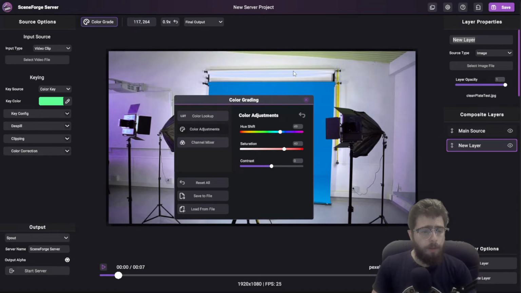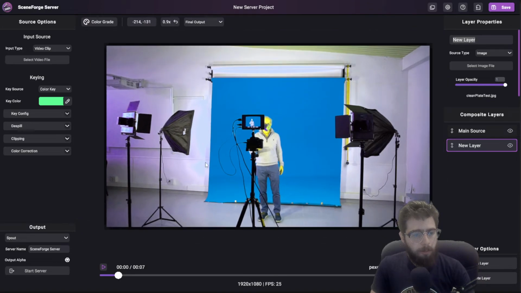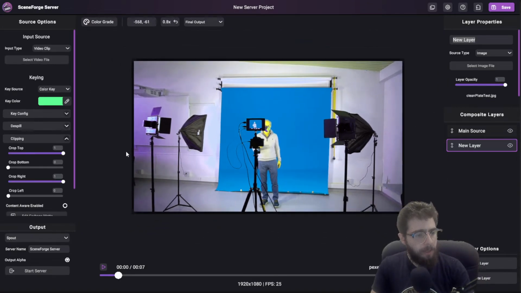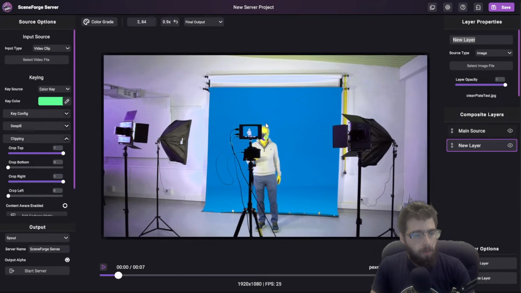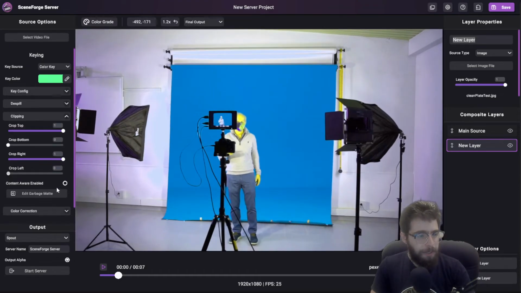There are a couple other improvements to this new version, just some small bug fixes for the background. The most notable ones is that the garbage matte system has been improved to be a little more precise and accurate. So you can see if I were to zoom in on just my square here, let's assume that this is not moving footage. If I scroll down in the clipping, I can open up my garbage matte editor, and now I have a little green cursor, and I can just manually select my points,